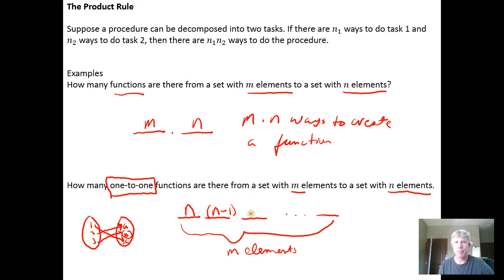And when I come to map my third element in the set of m elements, I'm going to have one fewer choice than I did the previous time. And this is going to walk all the way down to where in the last step there's only going to be one possible choice. So I get n times n minus 1 times n minus 2 all the way down through times 3 times 2 times 1. And we want to recognize that this is just the factorial function. We're going to have n factorial choices if the